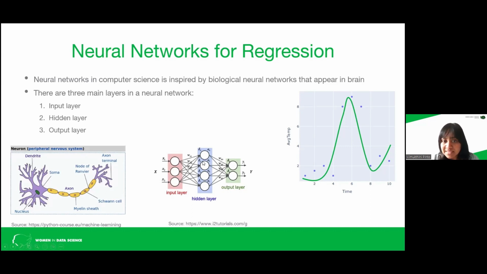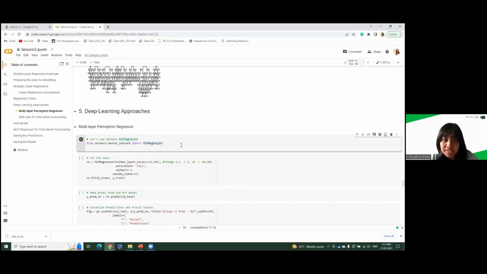So what happens here is you have something called activation functions in this hidden layer, and using these weights and biases, you change these activation functions. You basically change the lines, and you can get these curvy lines to fit the data. So I'll move to our Colab notebook, and we'll see how we can